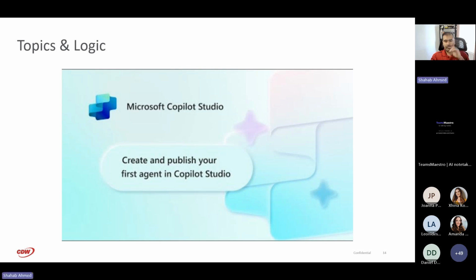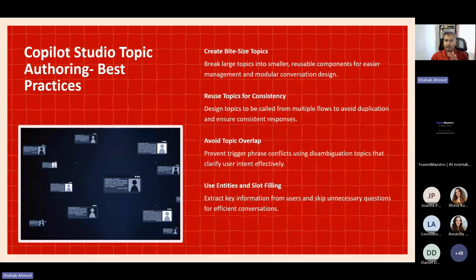So we'll go into slightly more depth around the topics piece. Topics is effectively the back end of your bot, right? That's where you're designing your bot. You heard about that fallback piece, which is that conversation boosting piece. If it doesn't have that information readily available, you can then have it access generative AI. That's where we talked about the classic versus generative piece. It might not always be the best idea to use generative AI to respond.